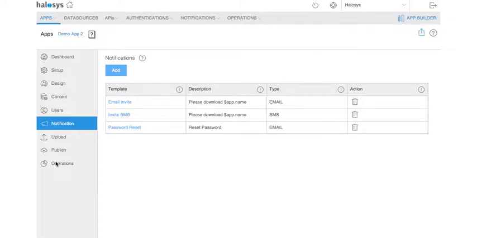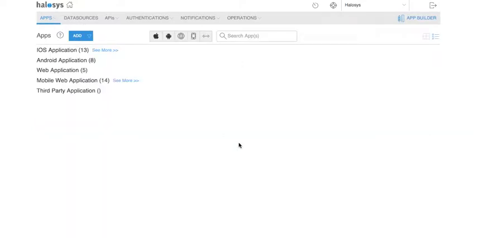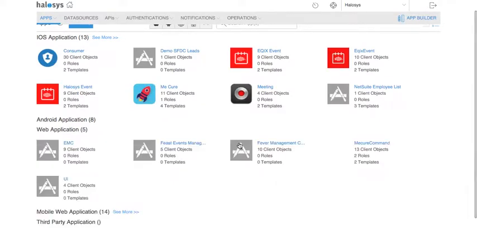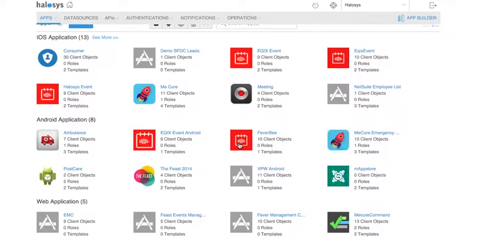Now that we've added our notifications, we could either move on and start building the UI for this app, because this is a mobile web app. So we do have a no-code design studio that we'll show you quickly in just a little bit. But let's say that we built a native application. So in order to export the project so you can import it into the IDE of your choice to build the front end of the app,